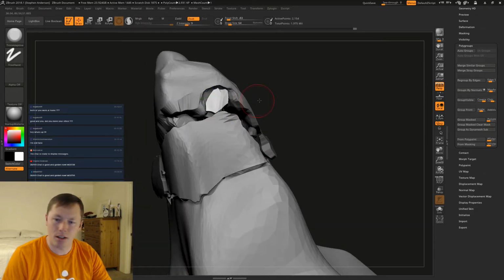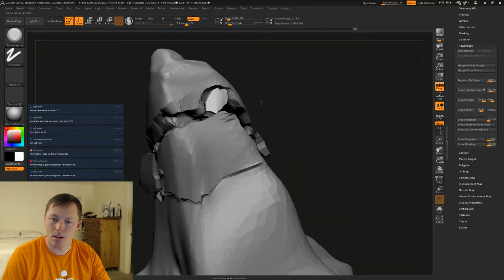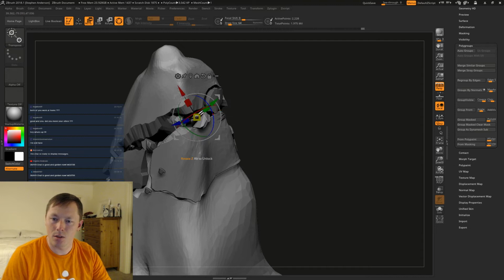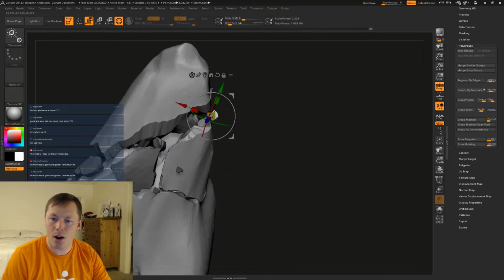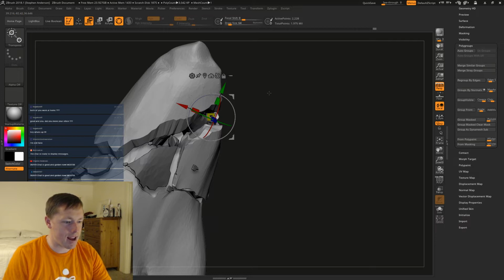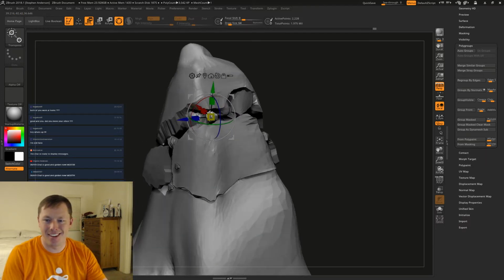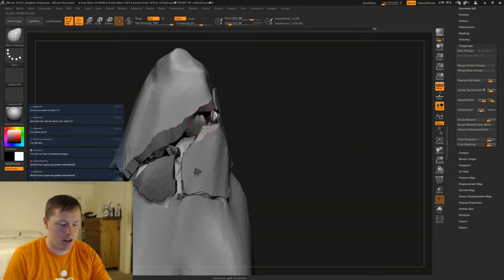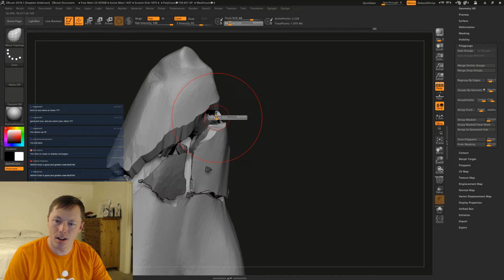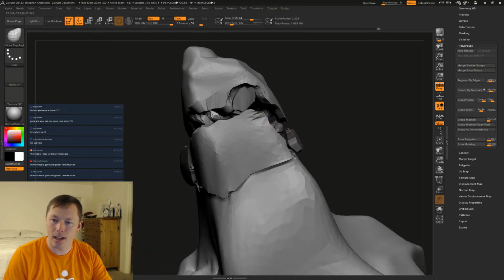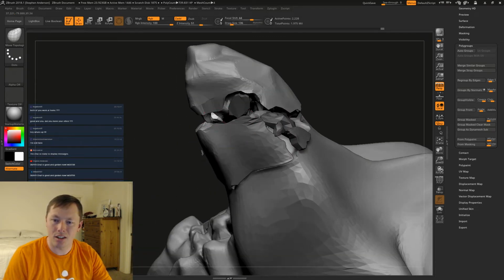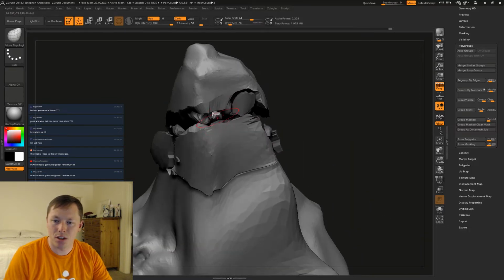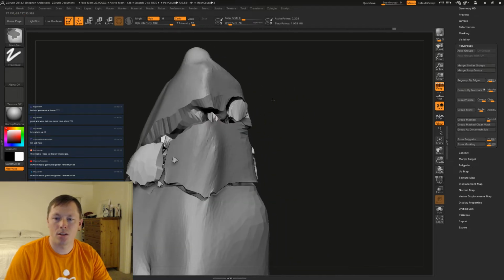Rotate it a little bit. Let's bring this over here and kind of rotate it some, just shrink it down. Let's shrinkify it. I like being able to get just a little bit of warp on these as I use the move brushes. It's really, really helpful.